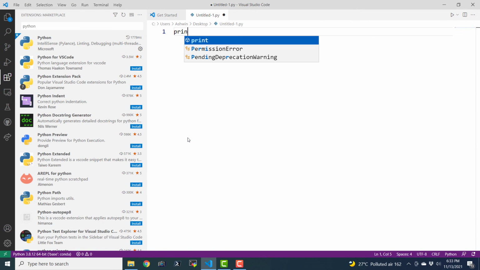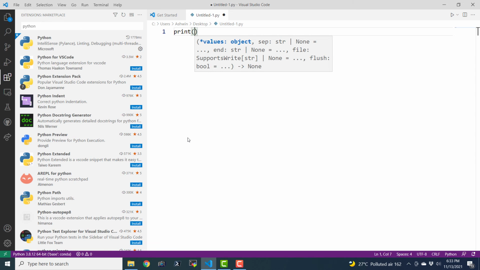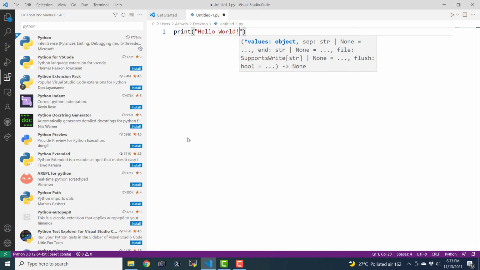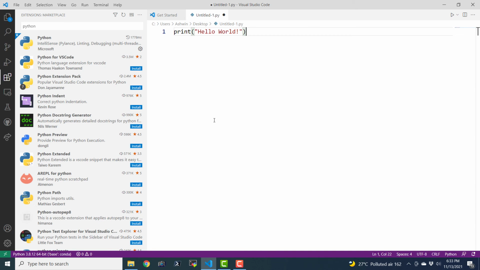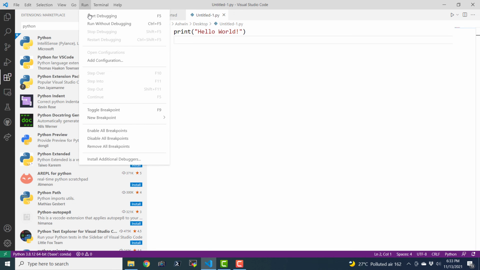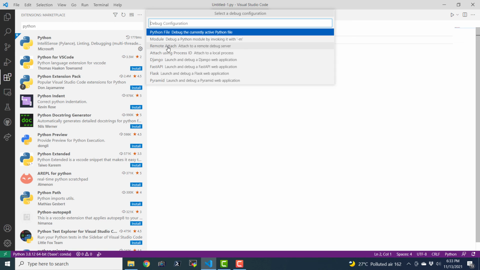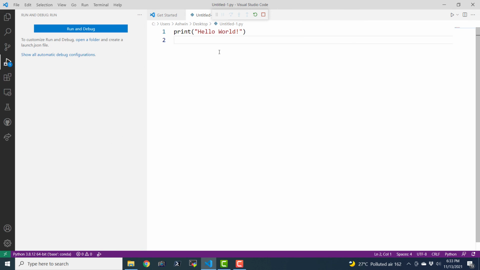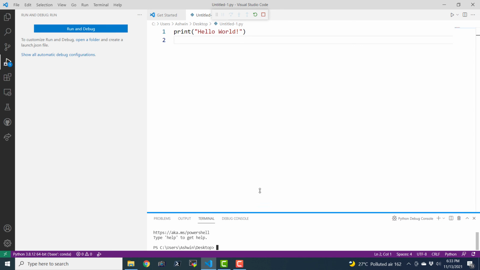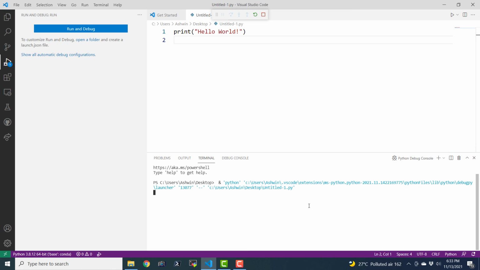and let me type in print hello world. And let me go ahead and execute it. If I say run, and click on start debugging, okay.